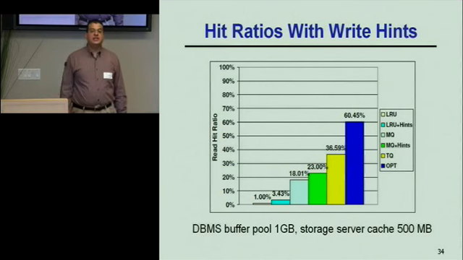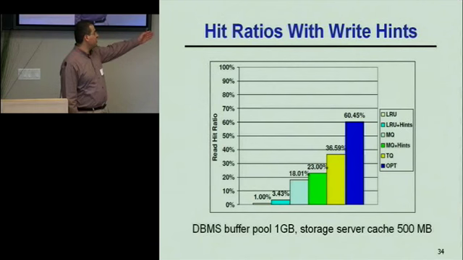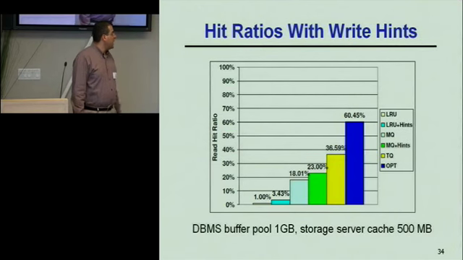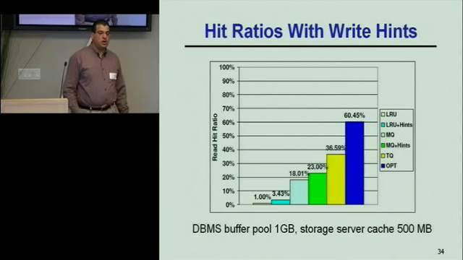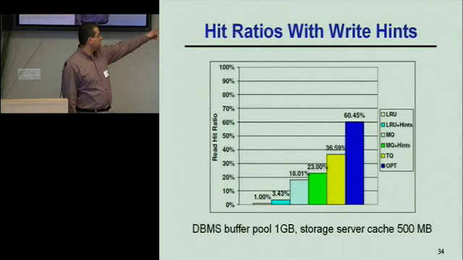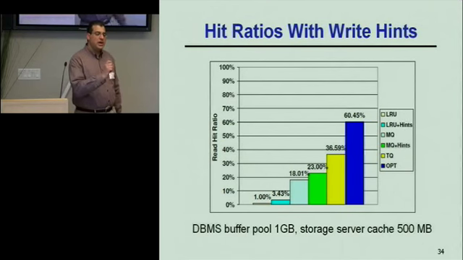Okay? And I'm showing the hit ratio under different caching policies. On the far left is LRU and LRU with hints. And as you can see, as I said in the beginning of introducing this part, LRU does not work in this context. Okay? Next up are these MQ policies, which is this multi-queue policy which was developed specifically for storage servers. I show multi-queue without hints and with hints. And as you can see, hints give you better performance for LRU and also for MQ.